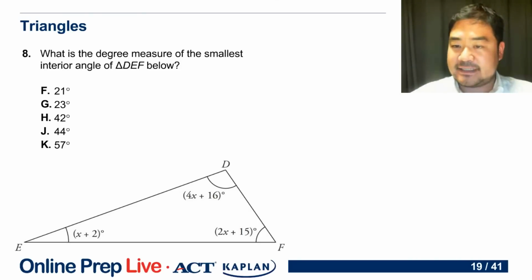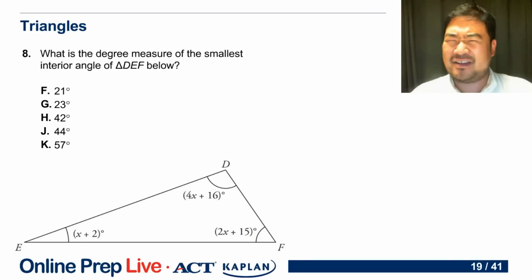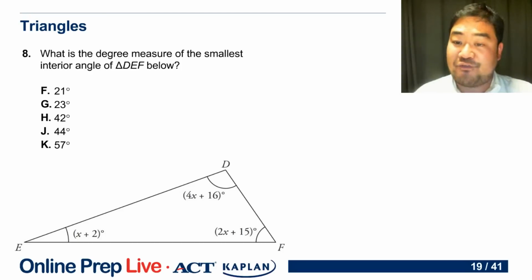So let's think carefully about this. Here's the information we have of these three angles labeled with these algebraic expressions. So at first, like, oh, wait, what? Algebra? I thought this was geometry. Why did they make us do algebra? Here's the thing. What do you know for sure about the relationship with 4x plus 16 and x plus 2 and 2x plus 15? What's the thing that has to be true regarding all three of those angles and how those three angles are related to each other? These three angles together must add up to